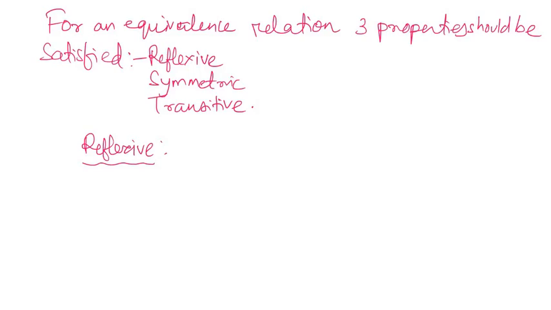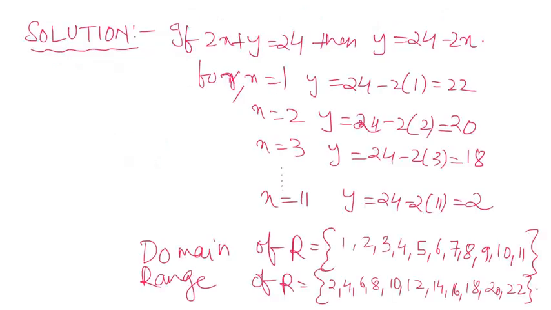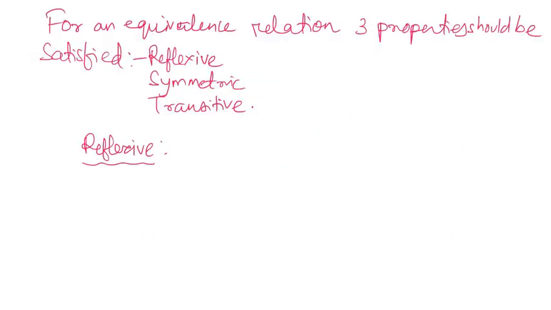If you see here very carefully, we have got the collection of the domain and range of R. Let us first put here all the ordered pairs of R. So the relation R contains the following ordered pairs. R is equal to (1, 22), (2, 20),